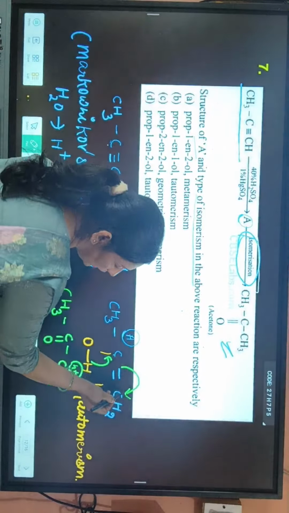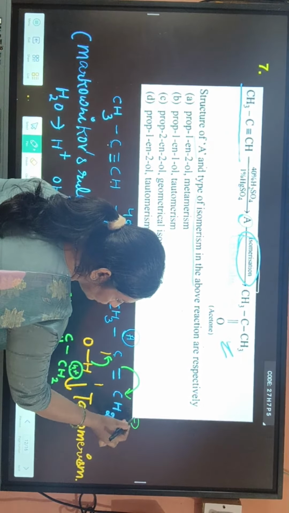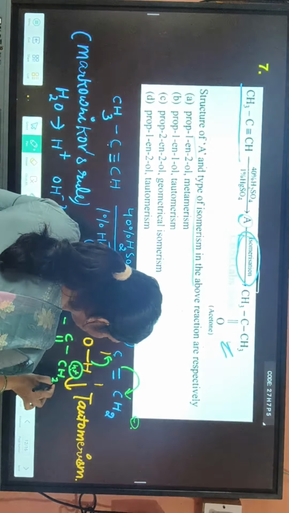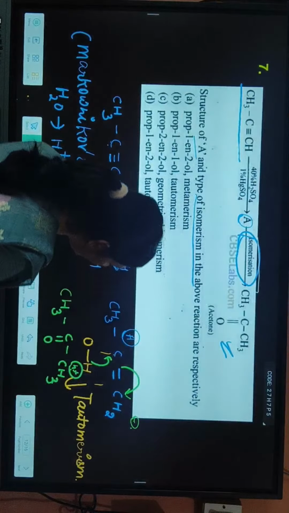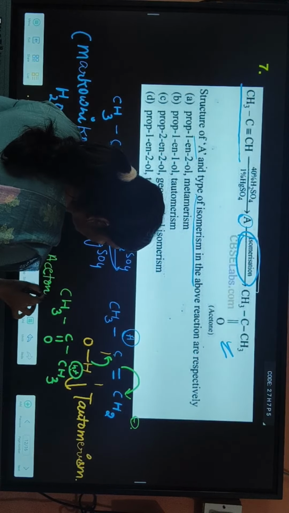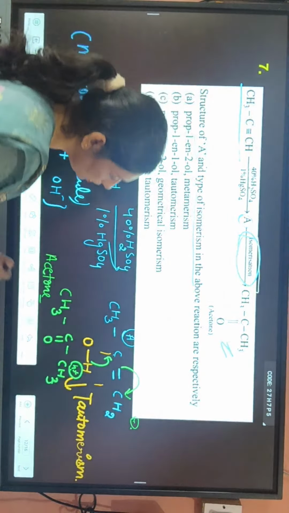Because it is taking electron. Then what should be there? Negative charge should be with this. So this H positive will make bond with this negative and we get CH3. So finally we get acetone. So students, our A compound is this compound,